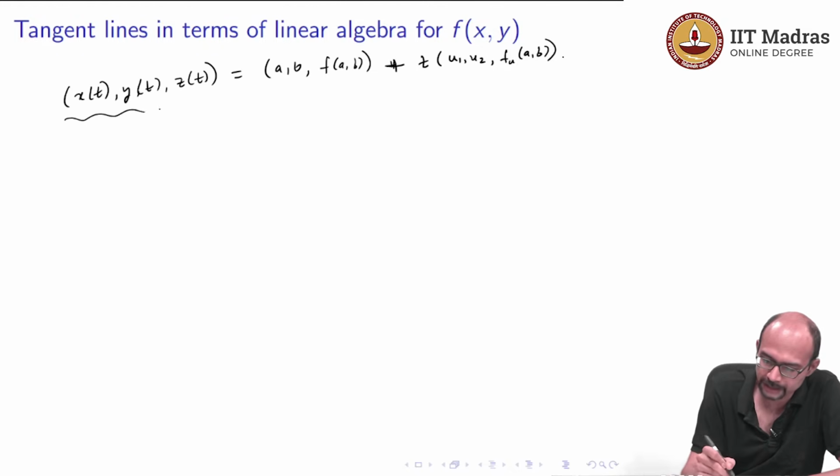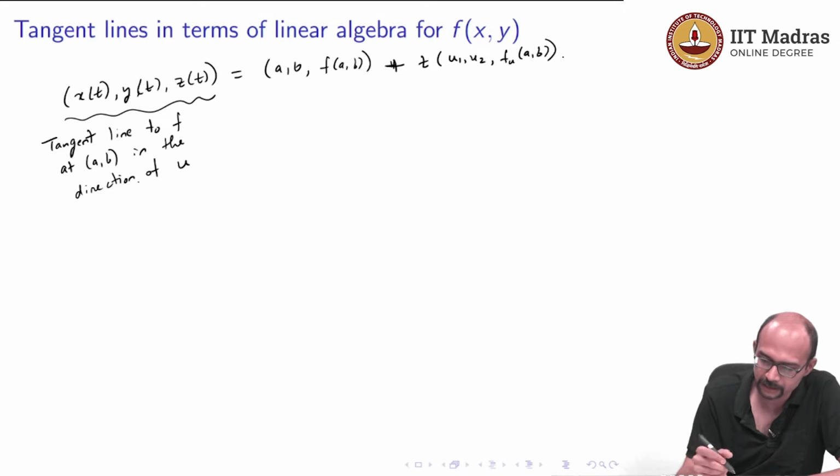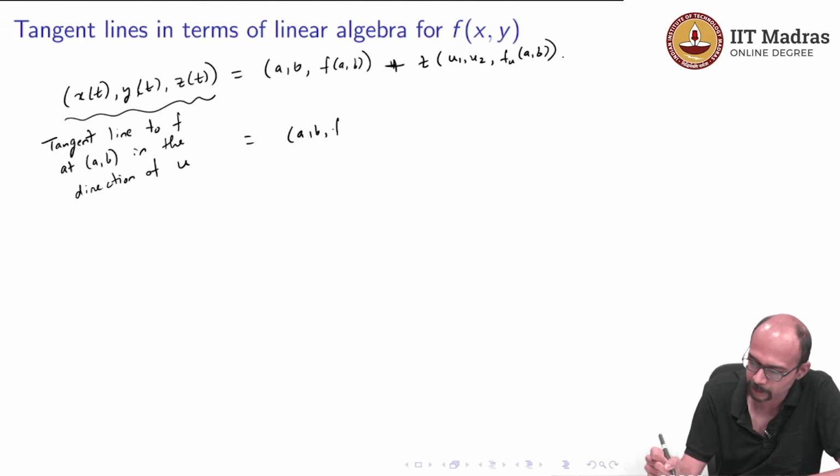The collection of these points, if I call that the tangent line, so this is the tangent line to f at (a, b) in the direction of u. This line as an affine flat is given by this point (a, b, f of a, b)